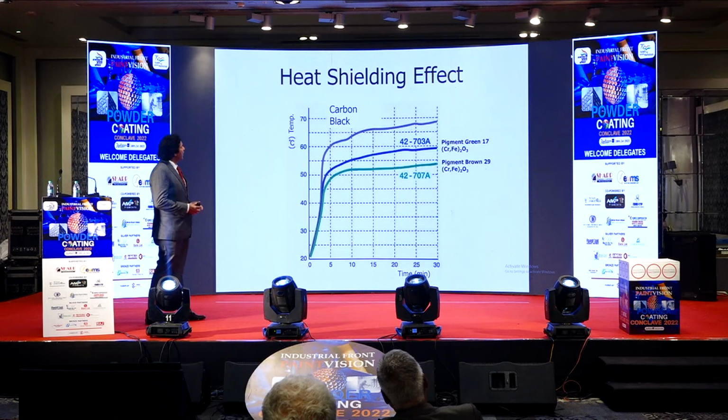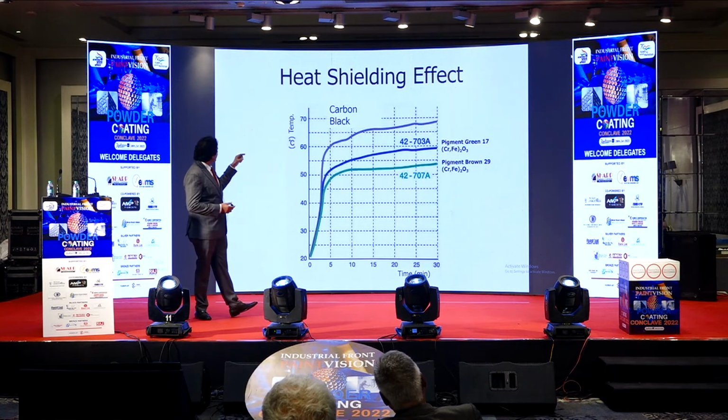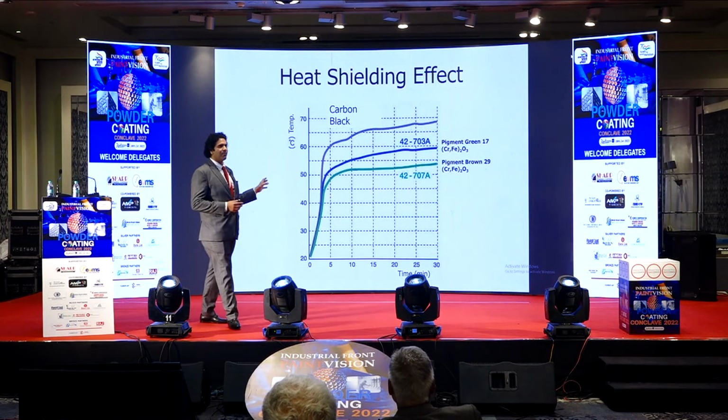So this is one of those graphs justifying what it is. As we can see, carbon black is within the range of 65, close to 70. Nothing against carbon black, we also work in carbon